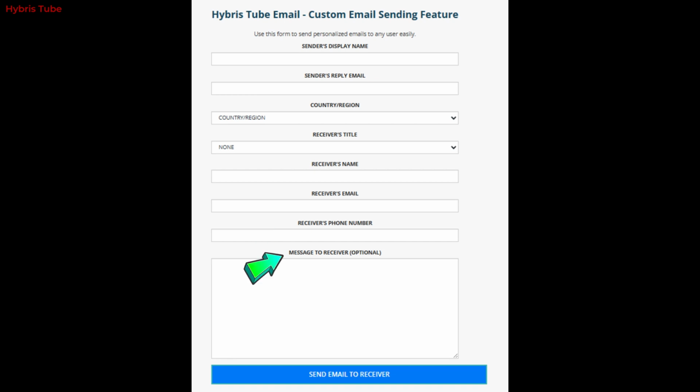Next one is a text area, which is basically a message to a receiver, which is an optional field. If we want to send a customized message to the receiver, we can capture that message in this text area. And how the mail will be sent to the receiver, for that there will be a button on this same page, with the name send email to the receiver, and if the user clicks on that button, an email